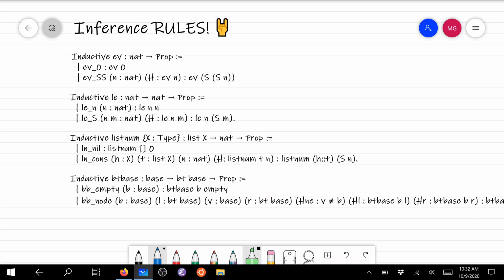The general plan for today is for me to explain in some measure these four relations. They come from throughout the file, so there's no perfect time to watch this video. I think it makes sense to watch at least maybe the first half, through EV and LE, even before you've gone on to watch other videos, but I wouldn't want to watch the latter half of the video about say ListNum and BT base until you'd seen those, because these I think will have the best punch